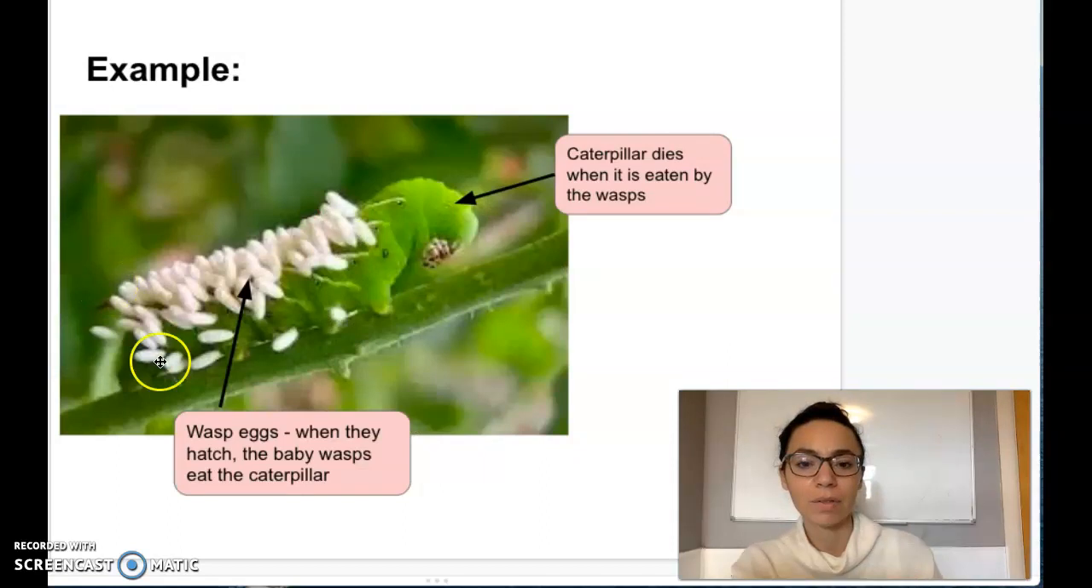How about this example? So the green thing here is a caterpillar, and these are wasp eggs. So when these eggs hatch, the baby wasps will eat the caterpillar. So the wasps will benefit because they're getting food, and the caterpillar will die because it's eaten by the wasp. What kind of relationship is this? If you said parasitism, you are correct. The wasp is benefiting, the caterpillar is being harmed, so this is a